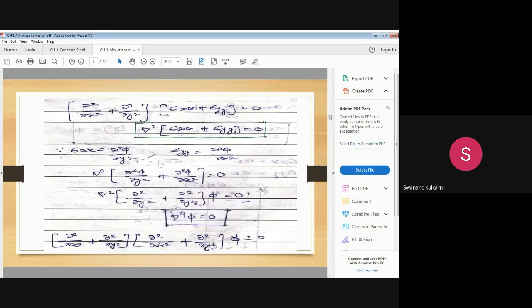Is it this? Where del square, del raised to 4, now this del square outside the bracket, and once again this bracketed quantity as a del square. So del square into del square, that becomes del raised to 4. Is it okay? And then phi is as it is. So del raised to 4 phi is equal to 0. So that we can understand here.